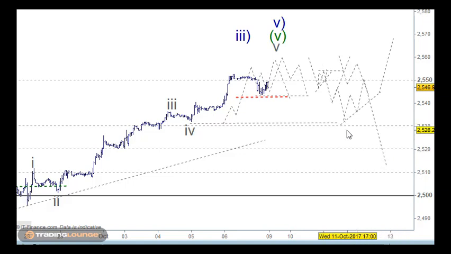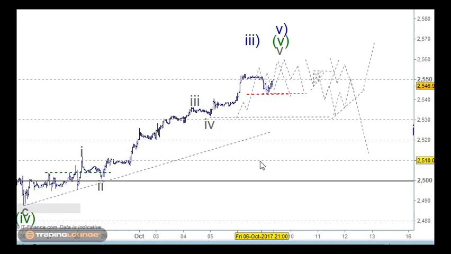So look, I just think we need to bear in mind the counts we have, and at the end of the day we need to trade what we see. So in this particular trade here, it's coming to an end. You may have gotten out. I mean, if it was me, I would have been out on the Friday at this point here, not holding over the weekend, because the weekend's a long time. There's a lot of things that happen in the world now. Yeah, but even so, if you are long, then I'll certainly lock things in here at this particular point. But let's just see what we get in this space here as a corrective pattern.